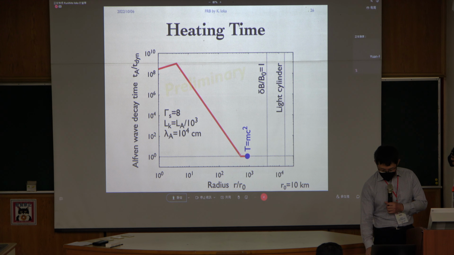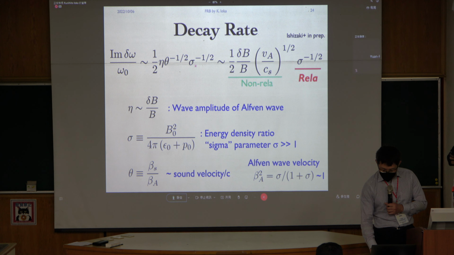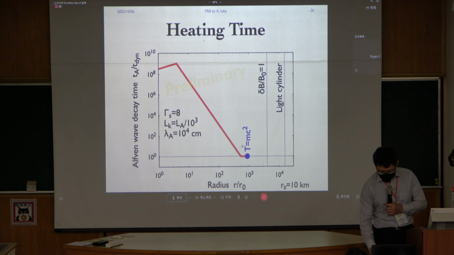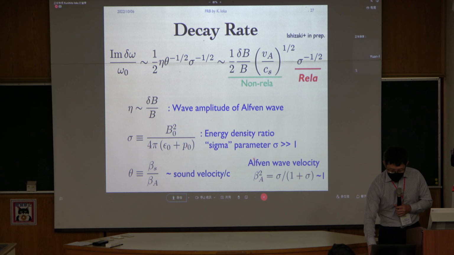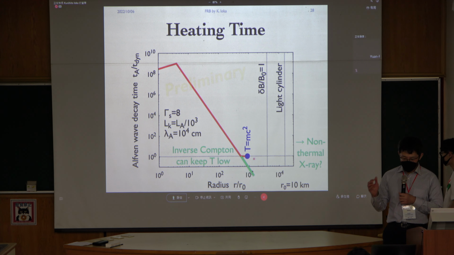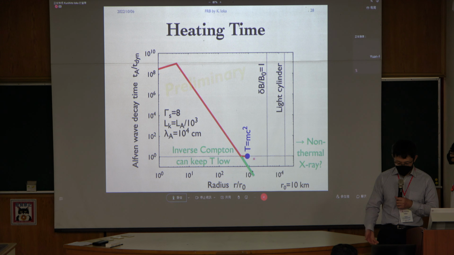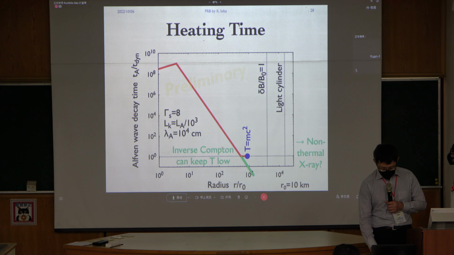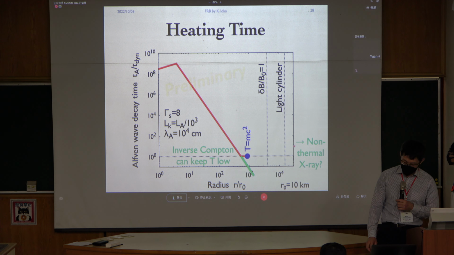matter, and then because the decay rate is proportional to this, if the matter is heated, the sound speed becomes large, then the decay rate becomes slow. Then this follows unity as the temperature of the fireball becomes larger and larger, and finally reaches the relativistic temperature. I don't know what happens after that. And also, we should consider the X-ray background. X-rays can inverse Compton scatter off the heated fireball. It can keep the temperature very low. Then this instability can continue. So it may explain the non-thermal X-ray photons of